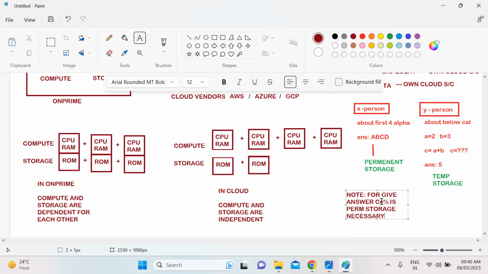Please tell me. Permanent storage is necessary? The answer is no, sir.